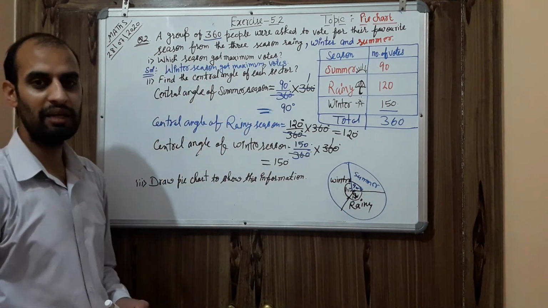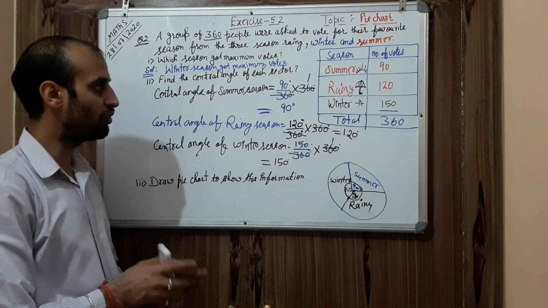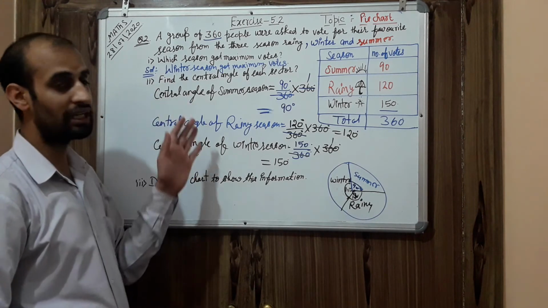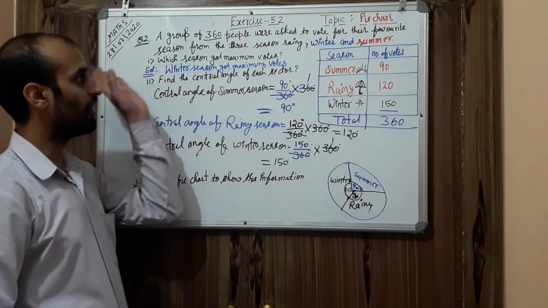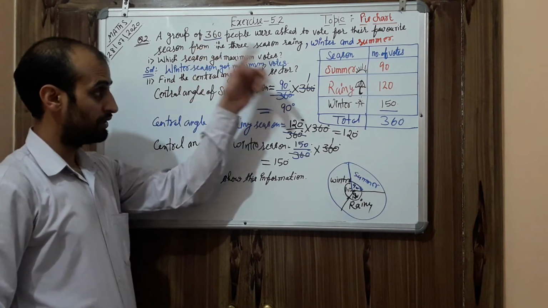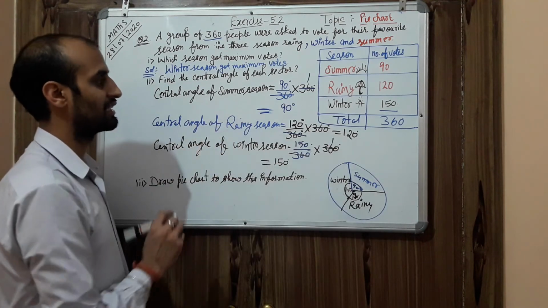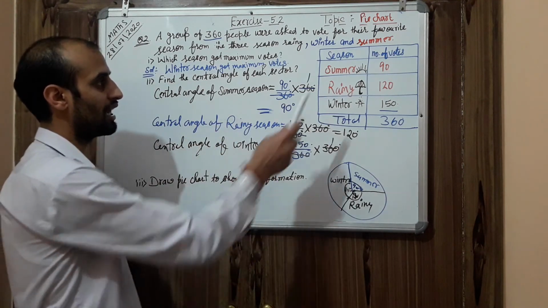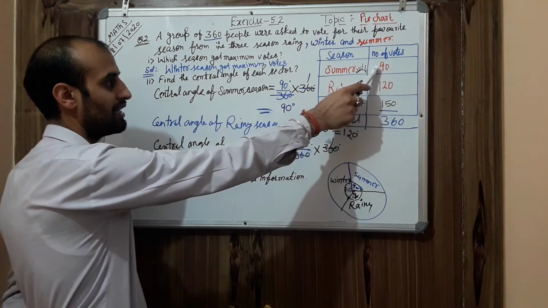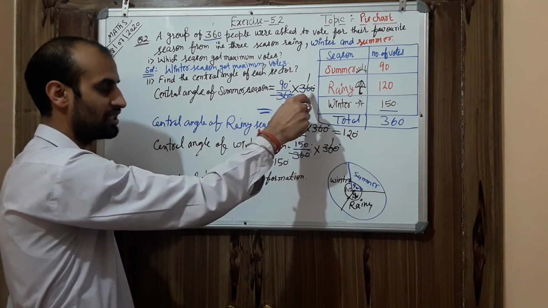So this is very important, my dear student. Once again, it is very clear to you how to make, but I want to tell you just what are the important things here. First, find what is the total number of people. Then, what is the chart given to you. From there you need to calculate their angles. And angles, I told you, just write what is the number. Here summer is 90. So 90 you need to write up, total people down, then multiply by 360.